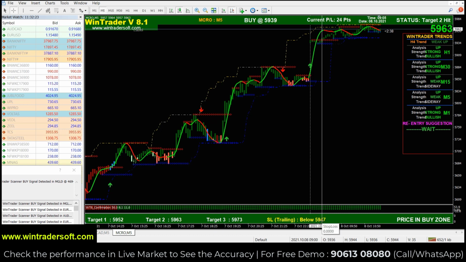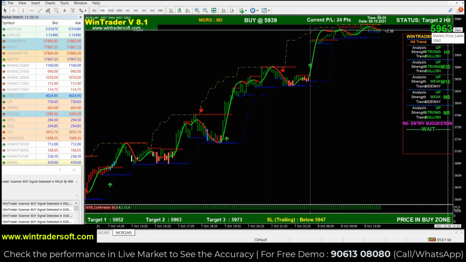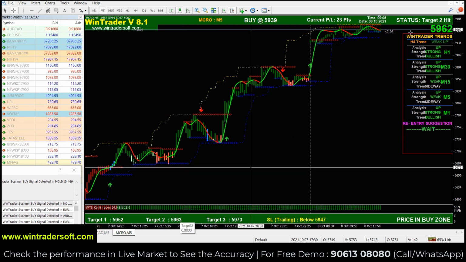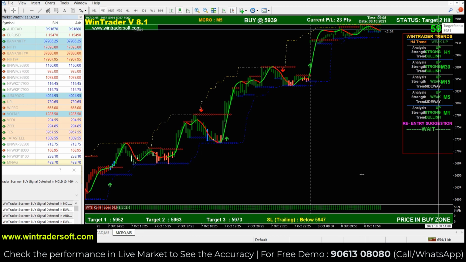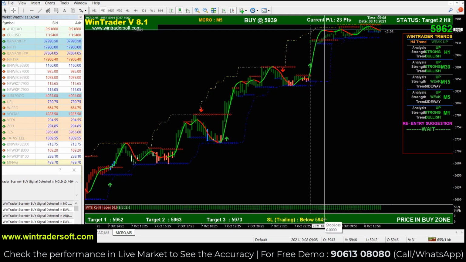If you want to exit, you can keep this stop loss also. For example, you can check now: if you are in at 5939, the current market is 5963. 5963 means exactly the second target, so 2 targets have already been triggered here, it will mention, and the current stop loss is 5947. If you exit with the stop loss or on a sudden trend down, we can still book a minimum profit. That's the advantage of the trailing stop loss. Right now the stop loss is 5947, so you can keep the stop loss. Whenever the market trends up, the stop loss will also trail up. You can modify the stop loss in your terminal.